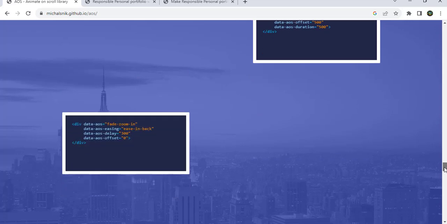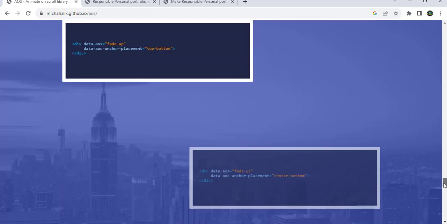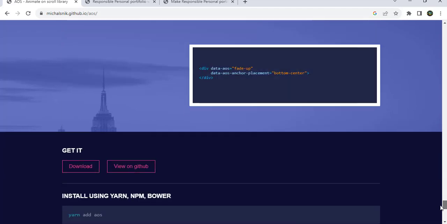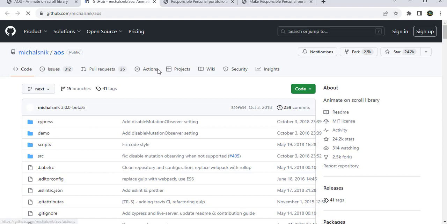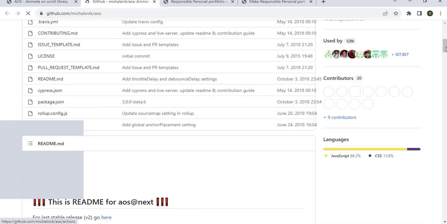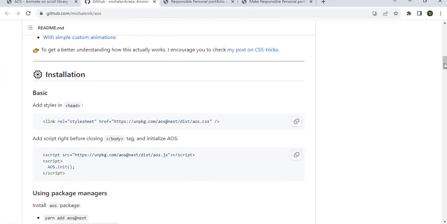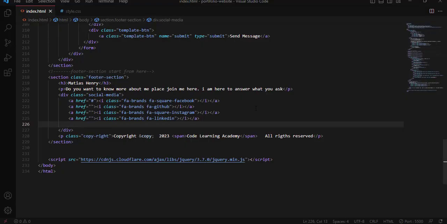So simply head over right here. We have these animations, you see. So now what we are going to do is click this navigation menu, view on GitHub. So it redirects to the GitHub page right here. Oh yeah, now when I scroll this to the bottom, here we have the CSS link. So now we are going to copy this style CSS link